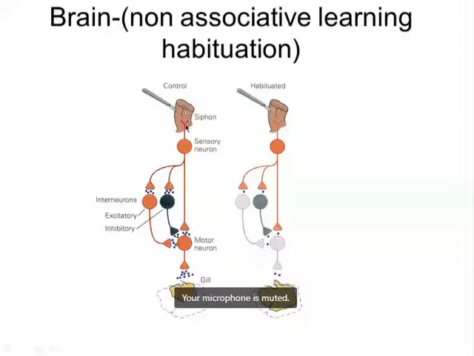So when you touch it the first time, there is more neurotransmitter release, then again more neurotransmitter, and the gill is contracted. That means the snail takes its body part inside its cell the first time. You just touched. After that, you are touching it again,